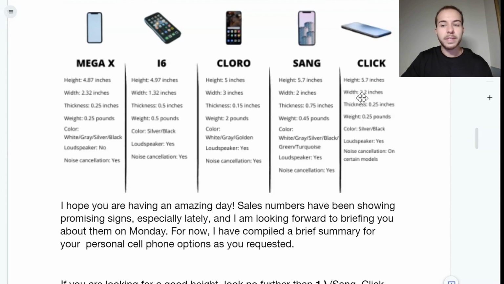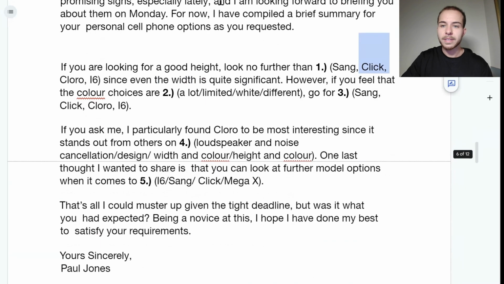The Click. The Click is superior with height and width. So that's our answer, the Click. Okay. However, if you feel that the color choices are limited, then go for